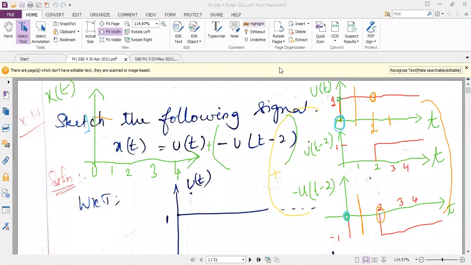Next, at t equal to 1, here the amplitude is 1, and here again the amplitude is 0. So at t equal to 1 also, I will be having an amplitude. Okay. Now, at t equal to 2, from the main diagram, the amplitude is 1, and here the amplitude is minus 1. So the concept says that after 2, the signal will be cancelled. So this amplitude has to be maintained up to t equal to 2.